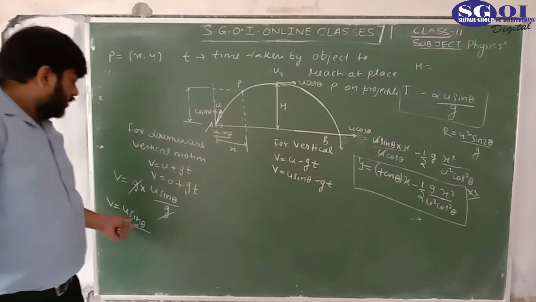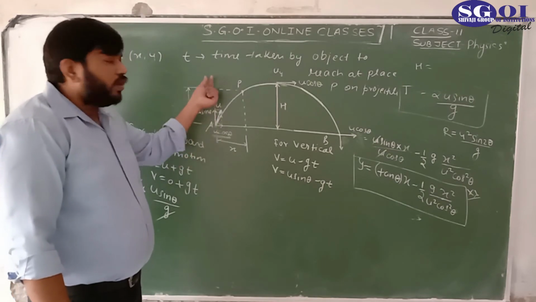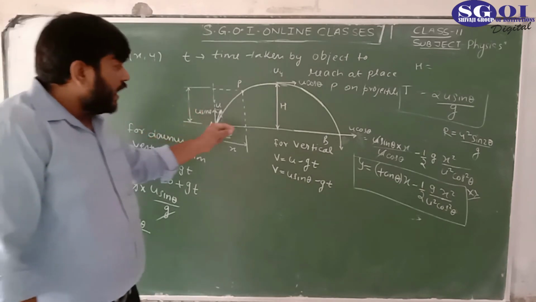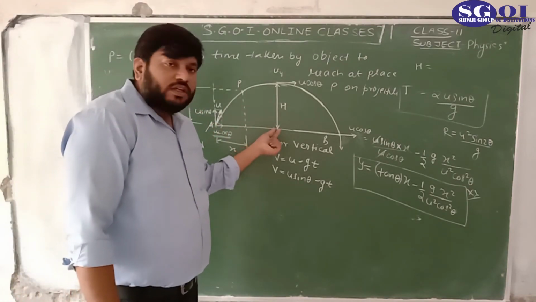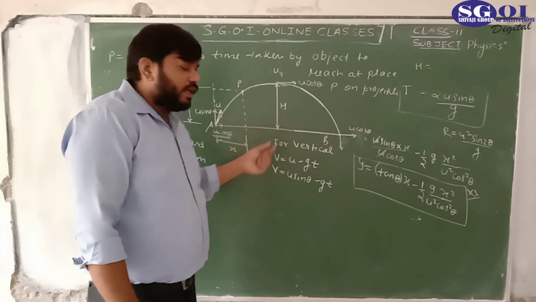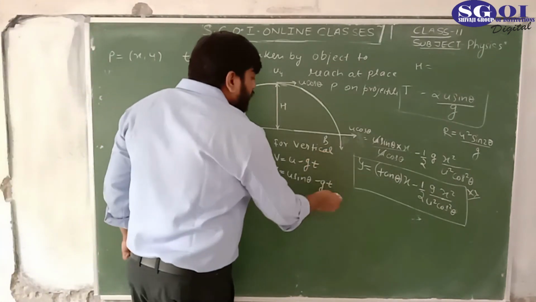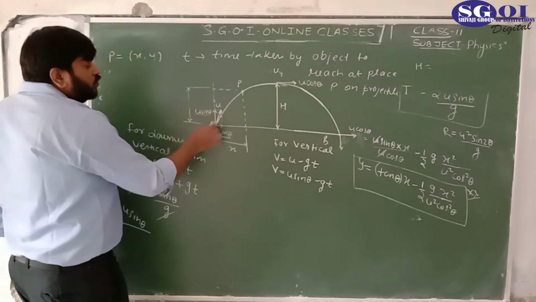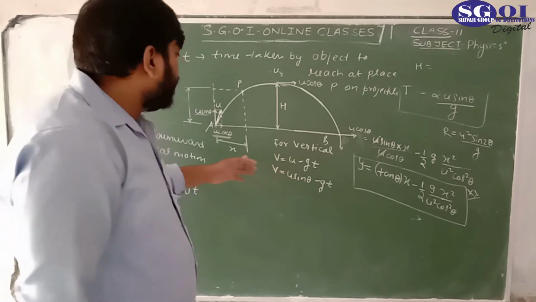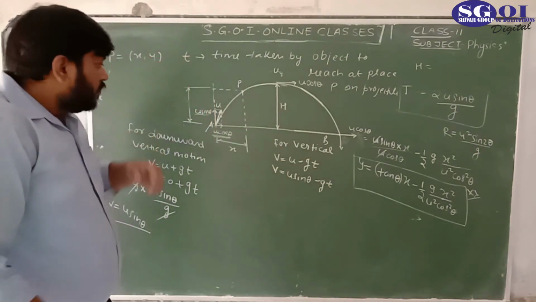It means this is the component of the initial velocity when it is going upward. At this place it is going with velocity u sin theta, and when it comes down and just touches the horizontal, the vertical component of the final velocity is u sin theta. So this component is equal in magnitude to the initial component u sin theta, but the velocities are different, because velocity is a vector quantity and this is upward and this is downward. Directions are not the same, but the magnitudes are the same.